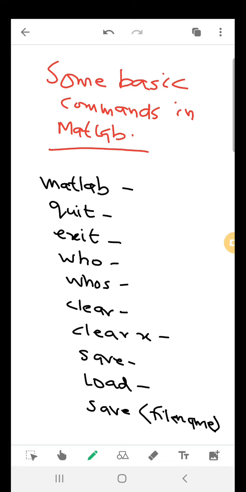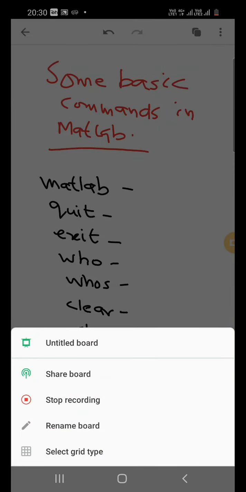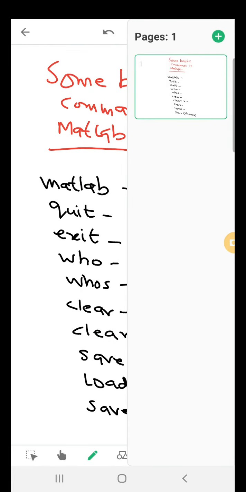Before that, let us first recapitulate some of the very crucial commands, like A star B, which means there is a multiplication of A and B, considering that A and B are two numbers. Now if, instead of writing A star B, we write A dot star B,